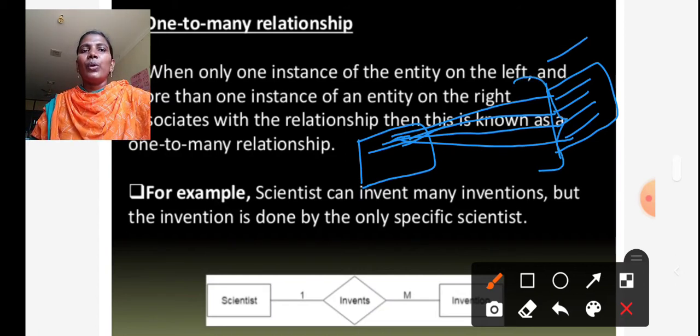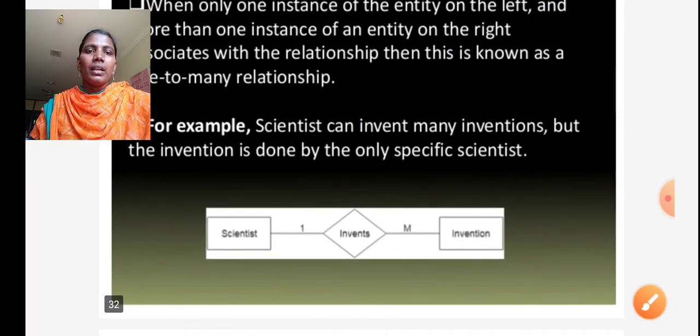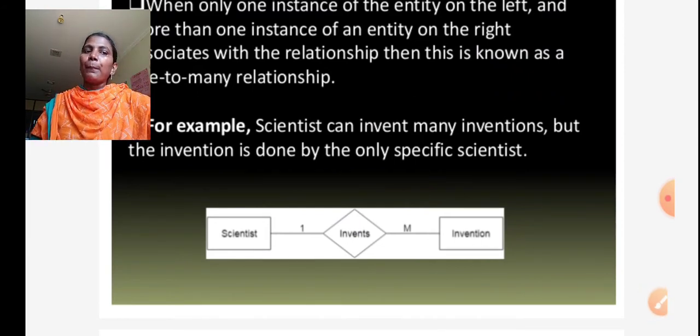The example is a scientist who invents a number of inventions. One scientist may invent a number of inventions.